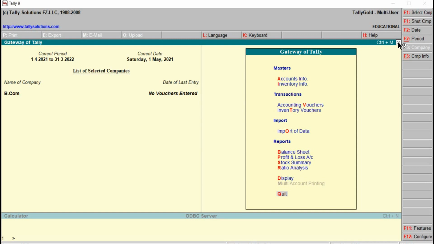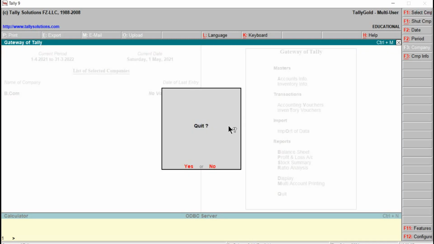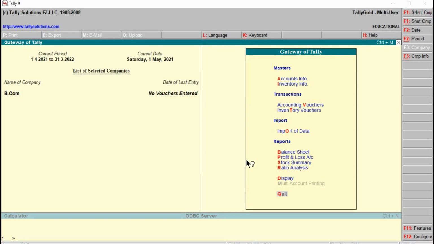If I click on this one, here also the quit prompt will come, yes or no. Suppose you want to quit, press Y from the keyboard, or we can use the mouse also. If you are not interested, then click on no or press N. Right now, no, right? Okay.